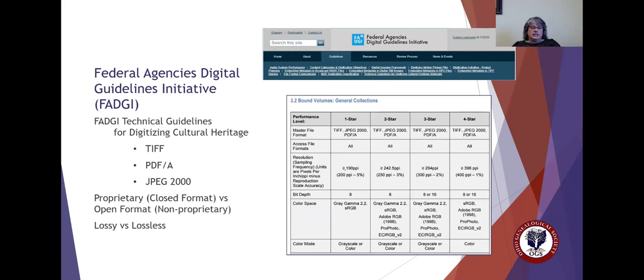And you can see there's a lot to the guidelines, but I gave you an example there. You can see a performance level. You can see there's like a 1-star, 2-star, 3-star, a 4-star. So there's a list of things that you can do to make a 1-star quality scan as opposed to a 4-star quality scan. And sometimes either because of time, the equipment that you own, the